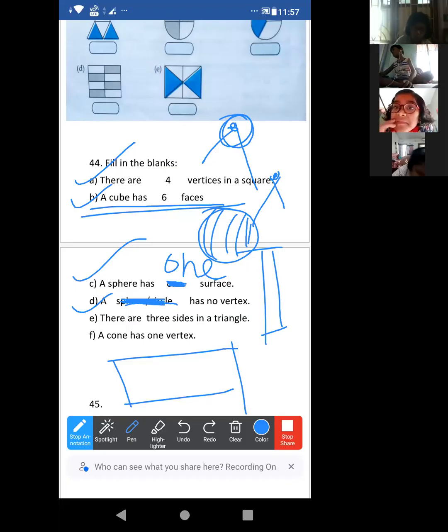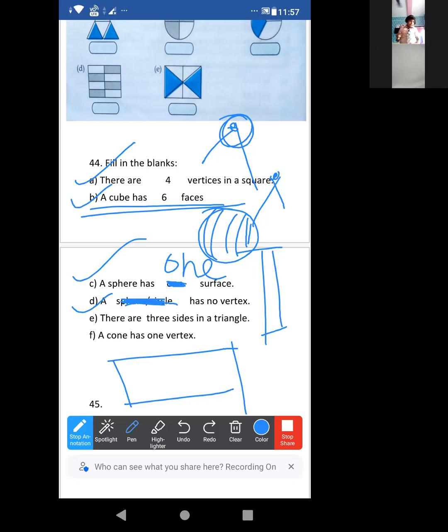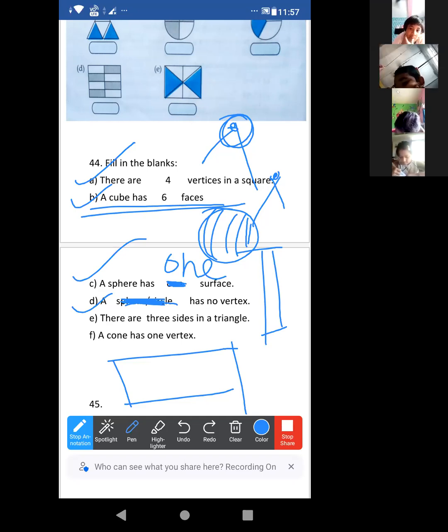If yes, then just shake your heads. Sharanna, if yes, so okay. That means for a circle or for a sphere, suppose this one is a sphere. Is there any straight line? It is a football. Suppose a football, a round shape. That means there is no side. In the same way, a circle is also a round shape.